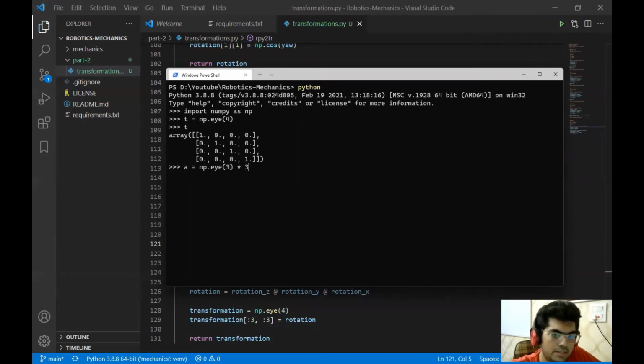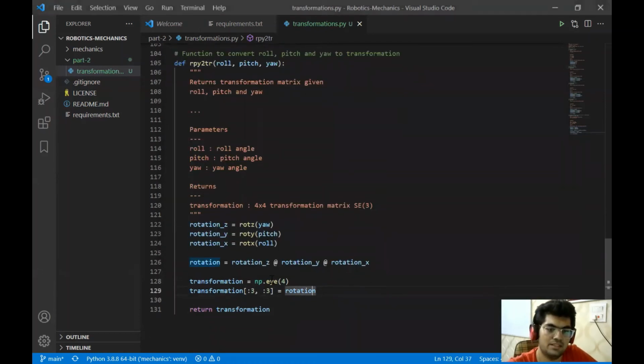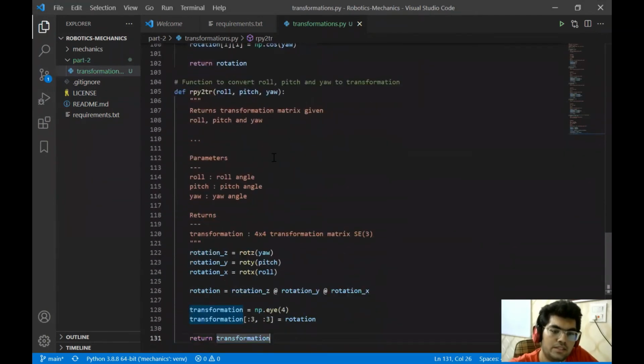Let's multiply that by 3 and add a 1. Let's see what we have. Now it's a big matrix. Now what we can do to check is take this 3 times A. Yeah, it does work. So this technique will work. So we can just have this over here. Okay, good enough. Yes, it looks good.